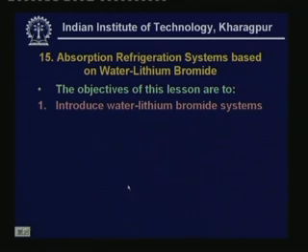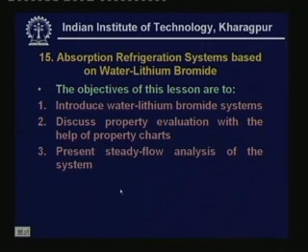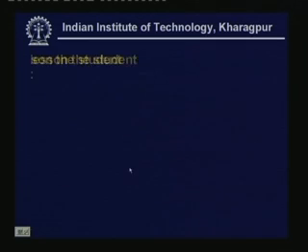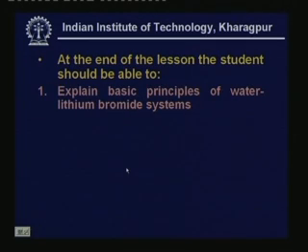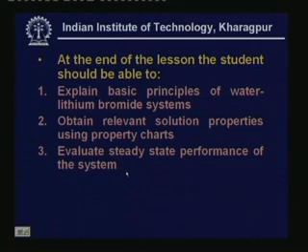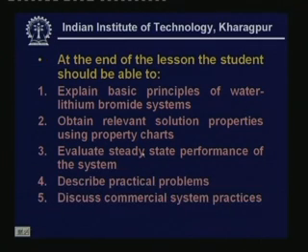Introduce water lithium bromide systems, discuss property evaluation with the help of property charts, present steady flow analysis of the system, discuss typical problems associated with this system, and finally describe commercial systems. And at the end of this lesson, you should be able to explain basic principles of water lithium bromide systems, obtain relevant solution properties using property charts, evaluate steady state performance of the system, describe practical problems, and discuss commercial